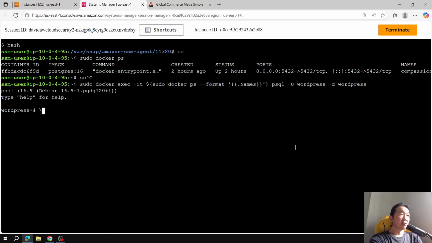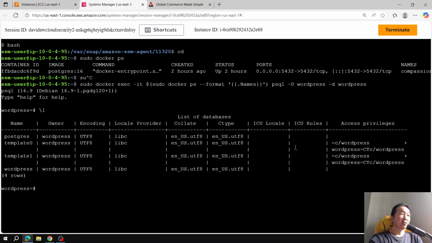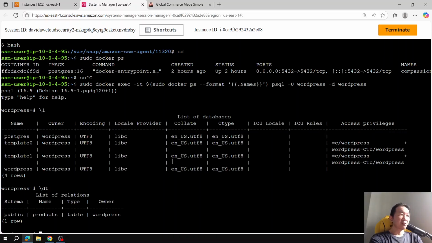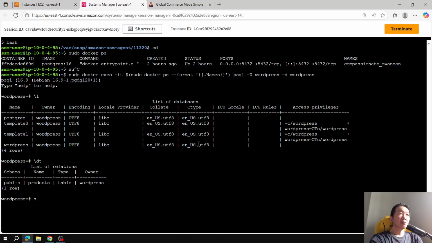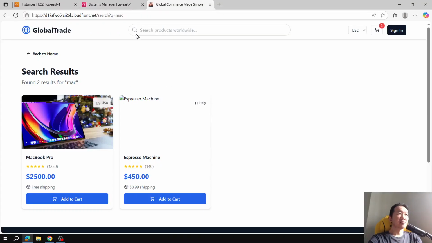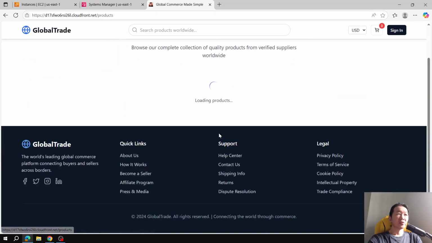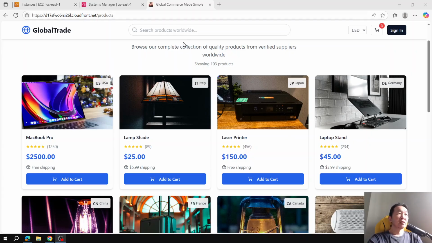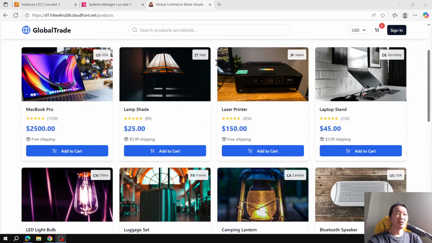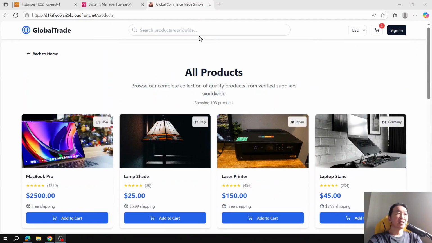So there is a database called WordPress. Okay, then there's a table under products. So at this moment, everything is tied to this database, and I even have a view all products. So basically, it's able to search all the products, 103. There are some bugs I need to fix, as in there's a lag going on behind, but that's out of the